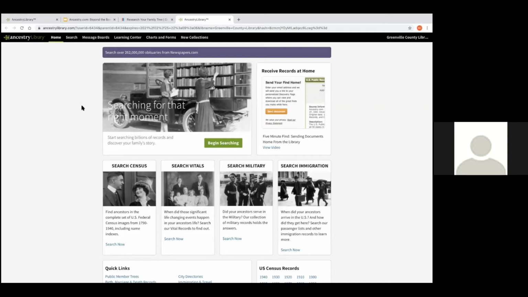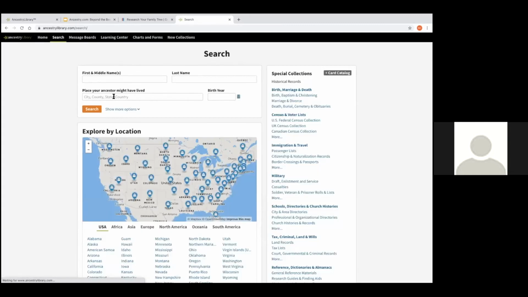So the first thing I wanted to talk about is some of our filtering options. And when I do the intro class, I kind of do more of a basic search. So this is just kind of going to expand on that. And we are still going to go to the begin searching box, this green box right here. And we're going to let that load. And last class, I used the example of Lucille Ball. And I'm going to use her again just to show you some different options here.